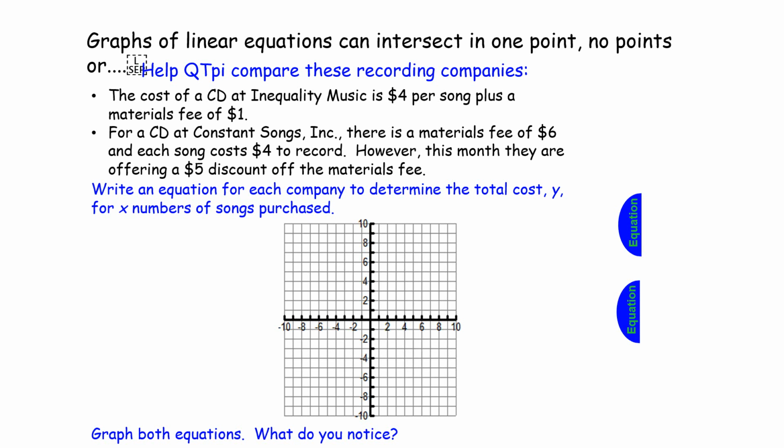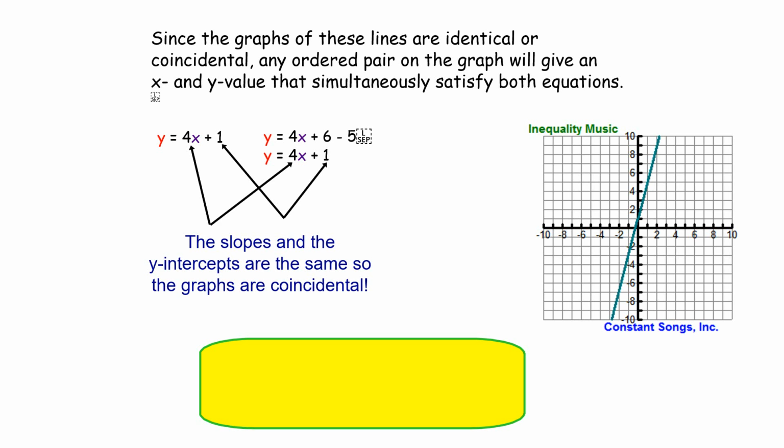Alright, your equation for Any Quality Music should be y equals 4x plus 1. For Constant Songs Incorporated, you should have 4x plus 6 minus 5. Okay, you notice that you can simplify that, and we get 4x plus 1 for both of my equations. You notice that both the slope and the y-intercepts are the same. So therefore, when you graph the lines, they're going to be graphed on top of each other, creating only one line,